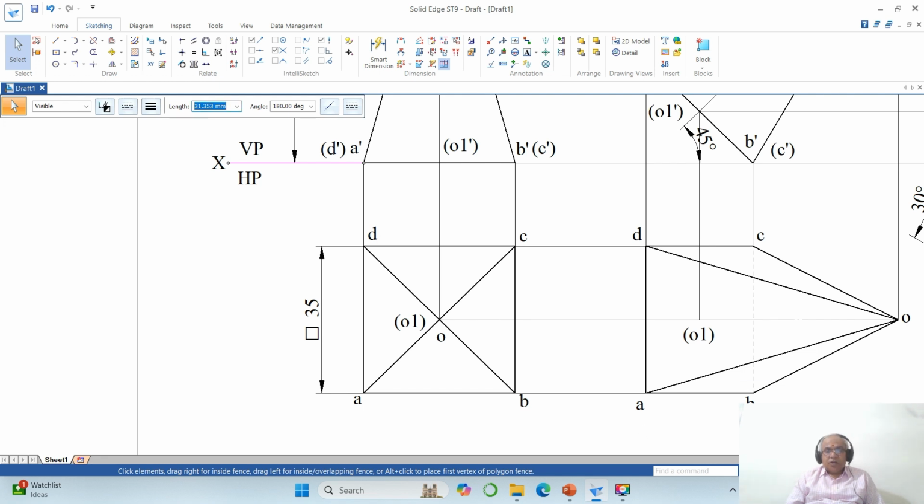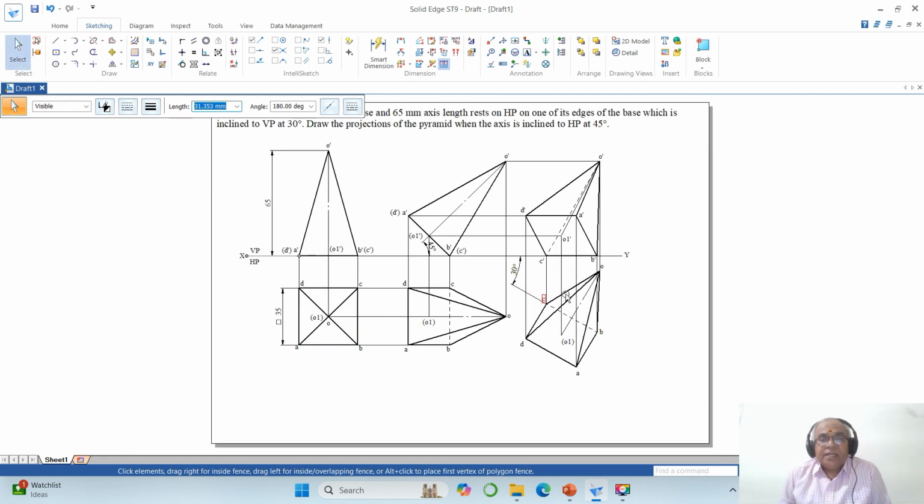Now go to fit. How do I know that my problem is right? Even in the final position, you can see that edge is resting on HP. The edge which is resting on HP is inclined to VP at 30 degrees, and the axis is inclined to HP at 45 degrees, a square pyramid of 35 mm sides, and a height is 65 mm. Since all the data which was given in the problem is considered and applied, we are going to get the correct solution. So this is how you will be able to write the solution by looking without the